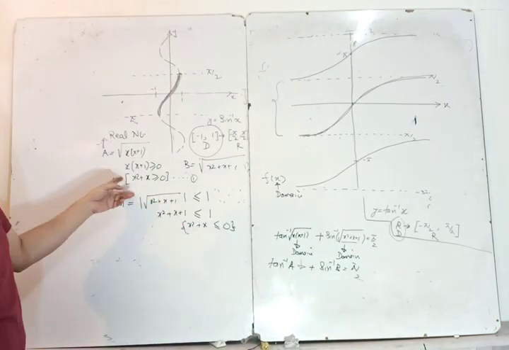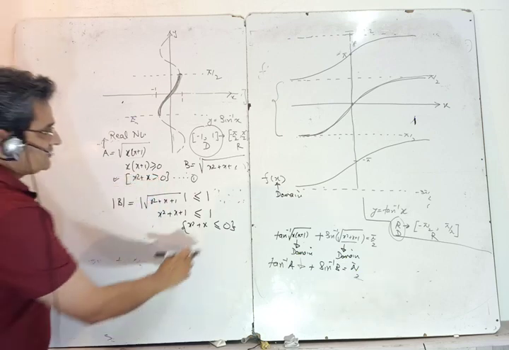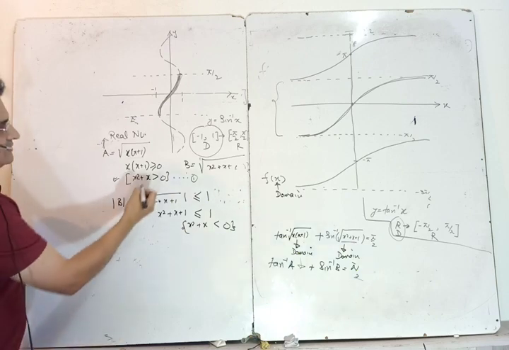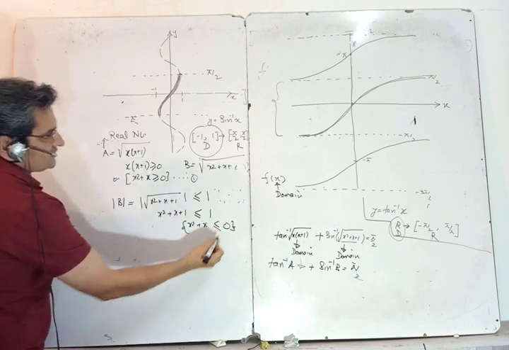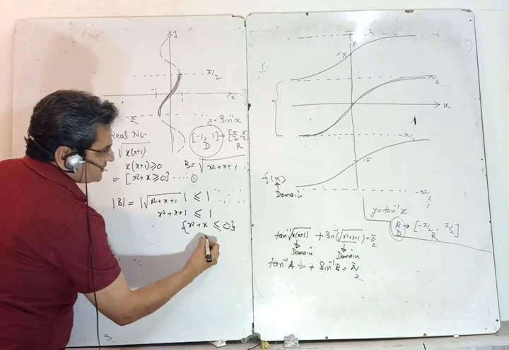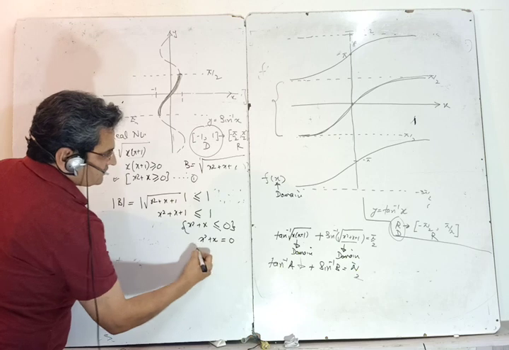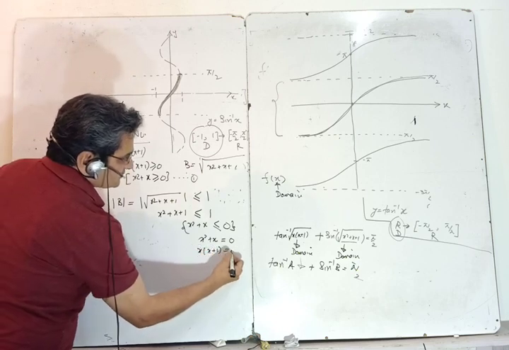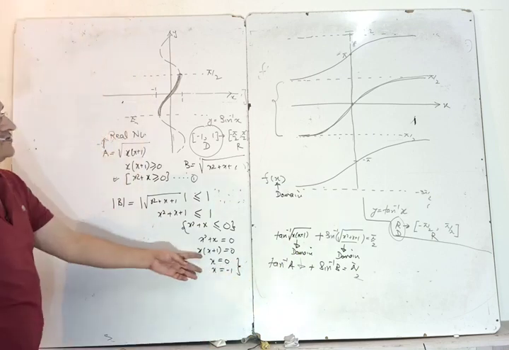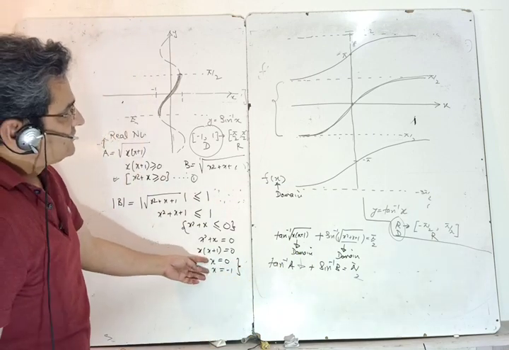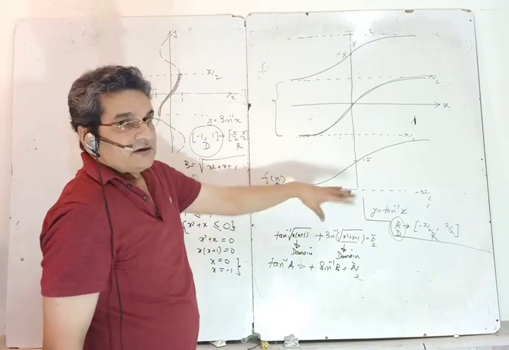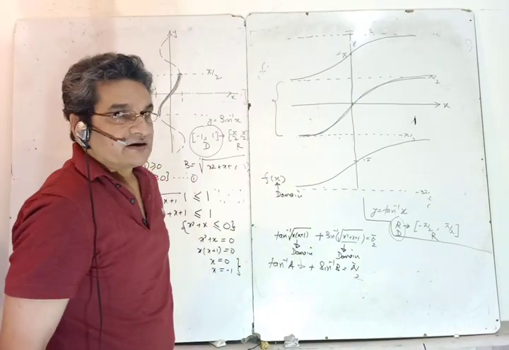So both are conflicting. Had the inequality been only strict, both would be conflicting. But to our advantage, we have greater than or equal to and less than or equal to. So this can be satisfied only when x square plus x is equal to 0, or x into x plus 1 is equal to 0, or x is 0, or x is minus 1. So these are the possible solutions. For these possible values 0 and minus 1, you are meeting the domain requirements of the inverse trigonometric function.